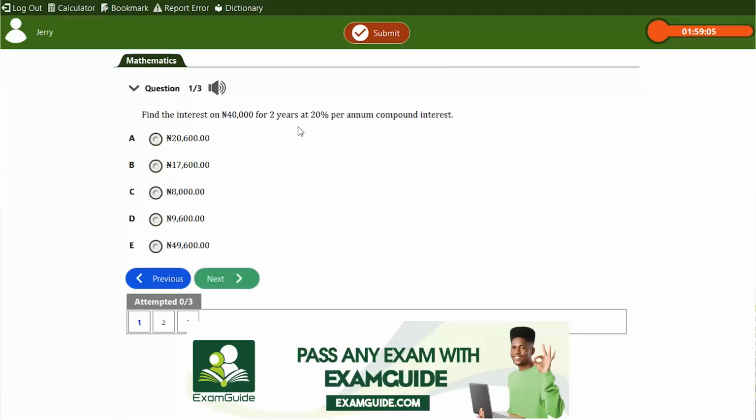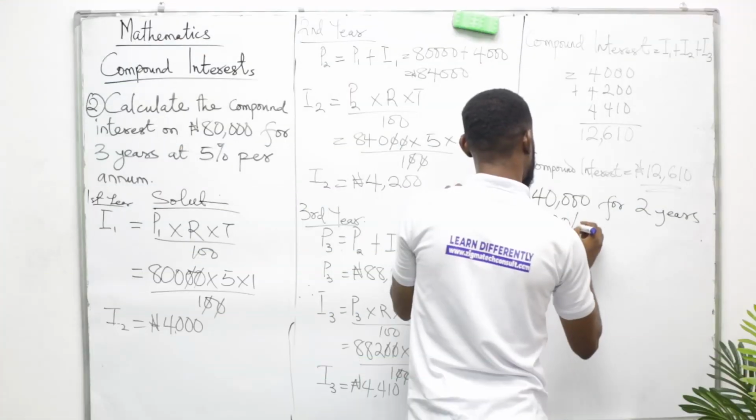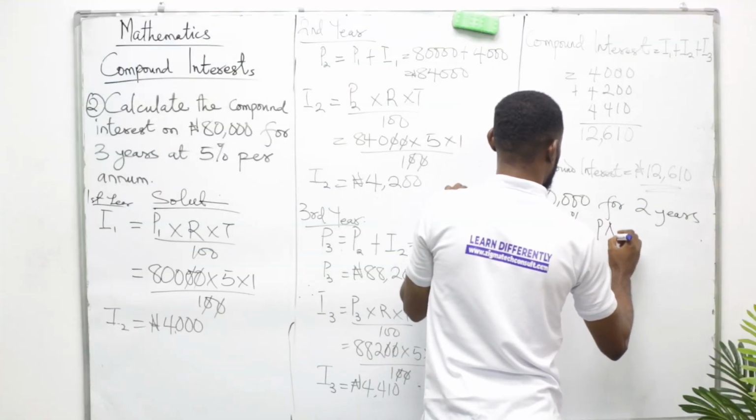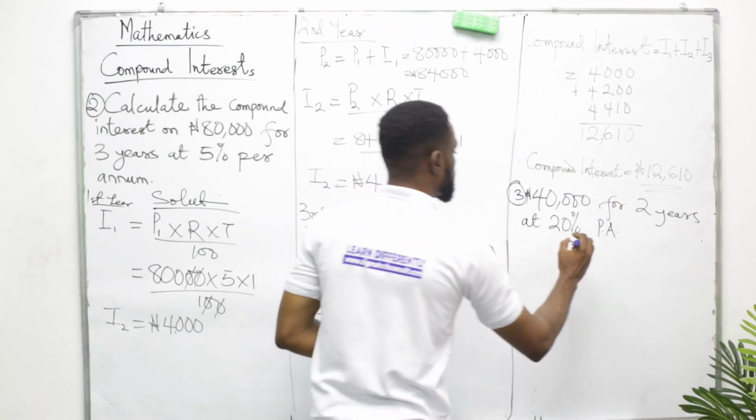So let's look at that here. 40,000 naira, number 3, for 2 years at 20% PA, per annum. That's what PA means, okay? So they say we should calculate the compound interest. Simple. The solution to this is,